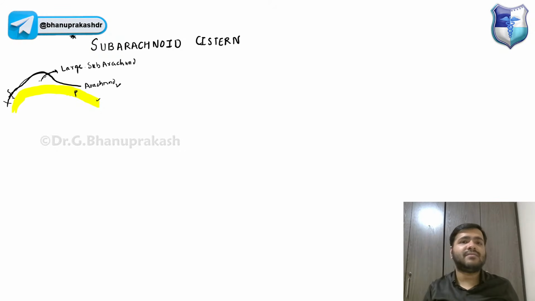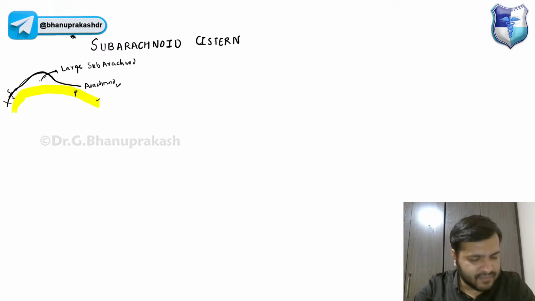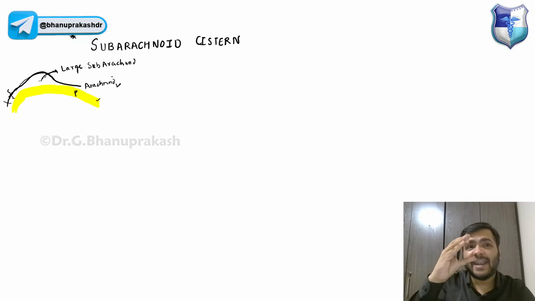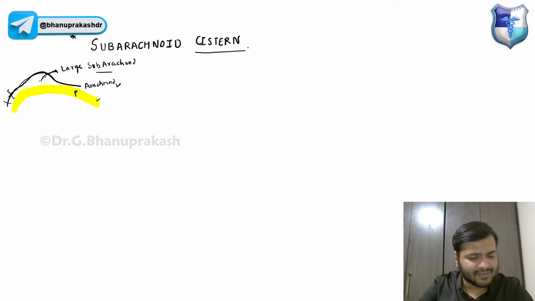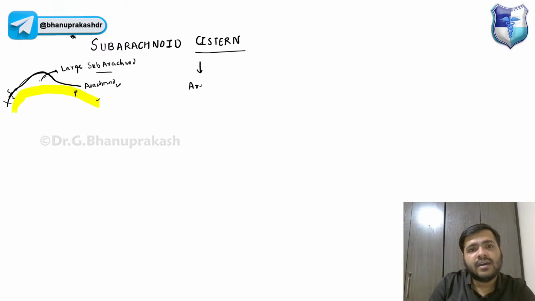There are certain places in the brain where the space will be large. The pia and the arachnoid mater are widely separated from each other, leading to the widening of the subarachnoid space, and that is called a subarachnoid cistern. Now these are the areas, guys, in which